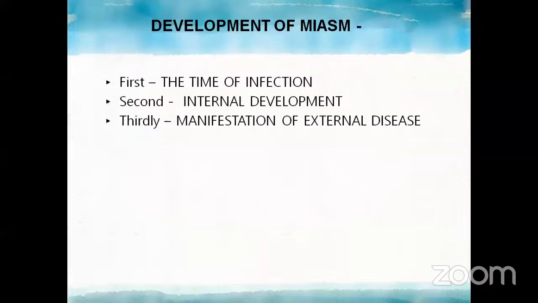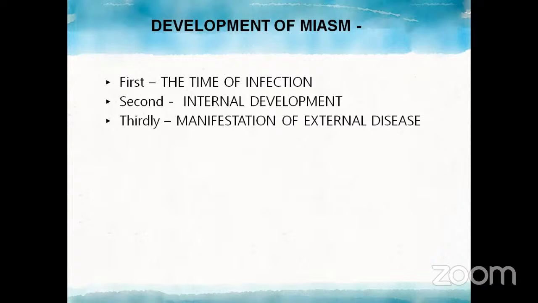While speaking about Psora as the third miasm which Hahnemann found out, we should know about the development of a miasm, how it happens in a person. First is the time of infection. The moment you get the infection, it may be from a nursing mother, through the touch of a towel, or from mother to newborn. Anywhere and at any place, it is the first time of infection, where you get the first attack of the miasm.